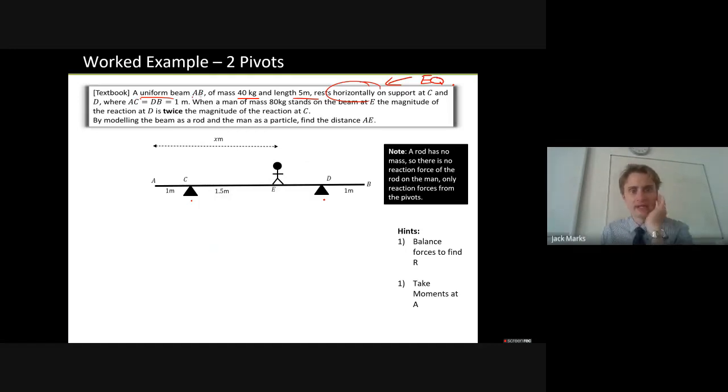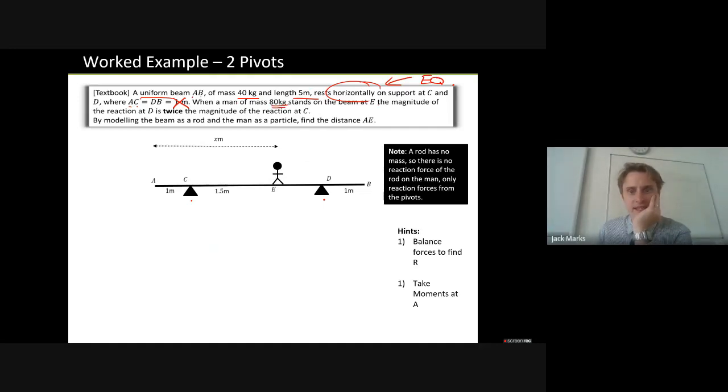AC, well, AB is the whole ladder, so AC must mean from the left to the first pivot is 1 meter. That's already on my diagram, so I'm going to cross it out because I can see that already. And DB, okay, I can see that too. When a man of 80 kilograms